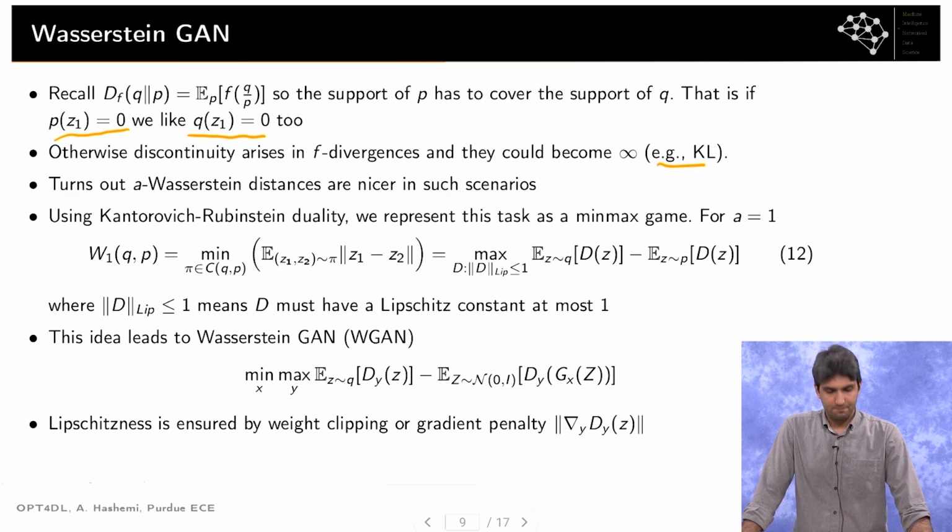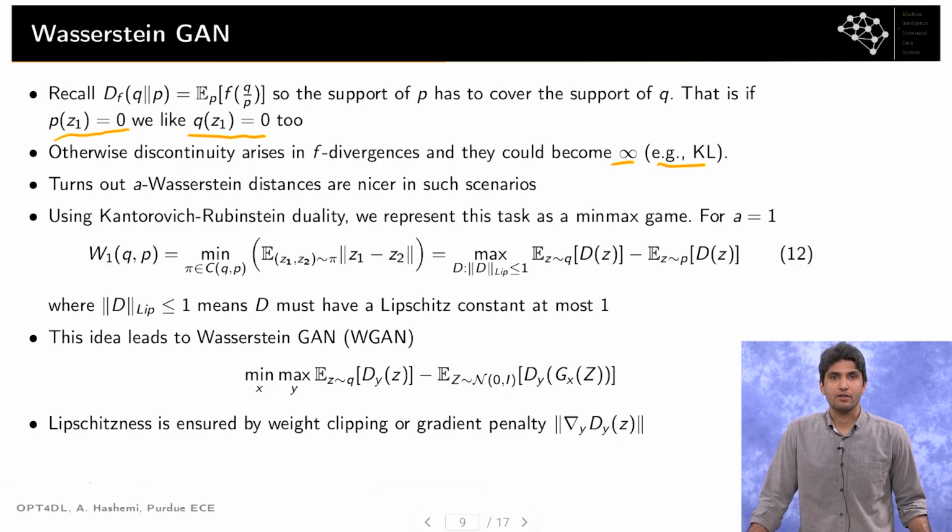It turns out that that's not the case for vacillation distance. Okay. So in fact, vacillation distances are still nice. So you don't have the discontinuity, for instance, an infinity issue that we talk about if there is no overlapping support. If the supports have areas that don't overlap. So we don't have that with vacillation distance. So therefore, and in many scenarios, it is potentially more useful to use vacillation distance over F divergences for generative modeling. Okay,